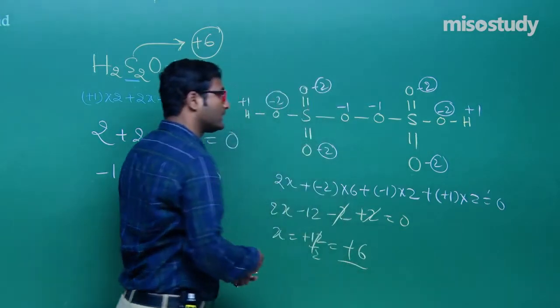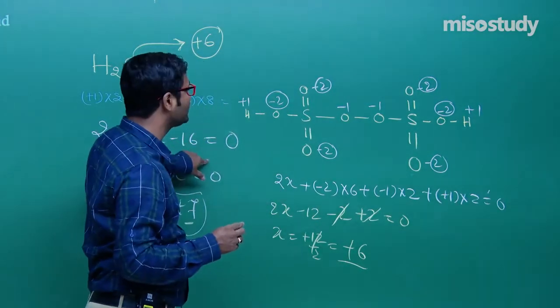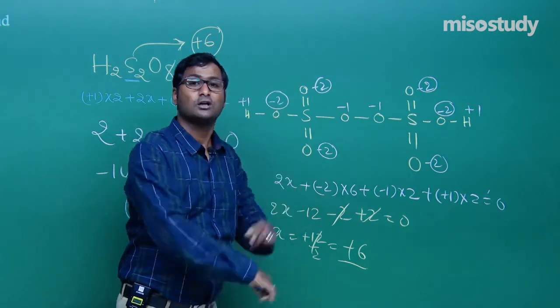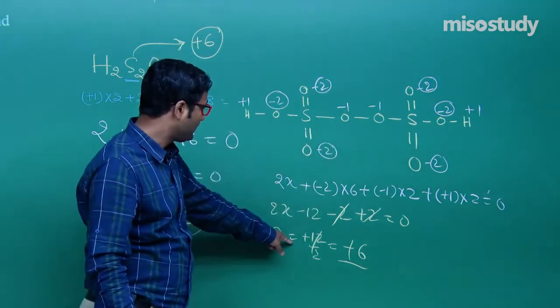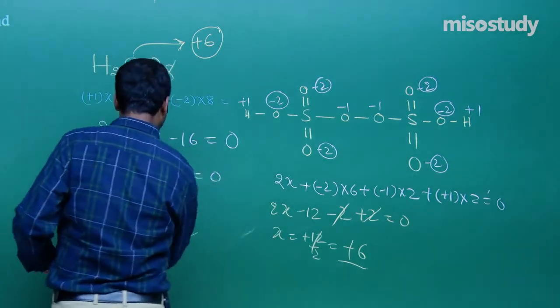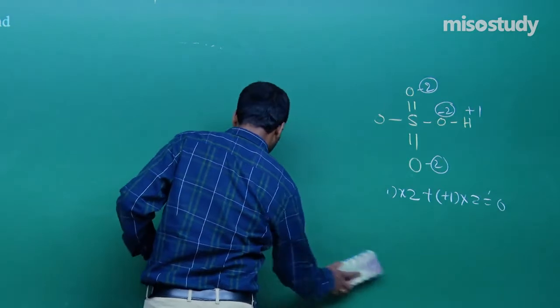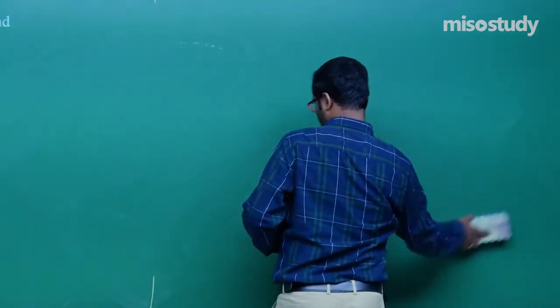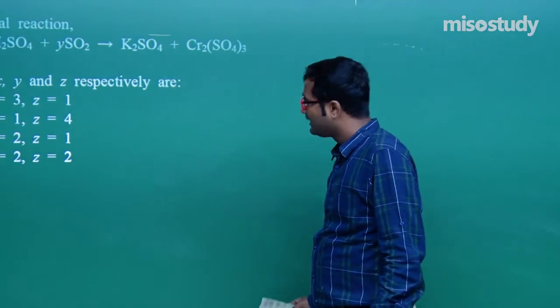Sir, you are absolutely correct. So by looking at the oxidation state, you can also draw the figure. Clear? This is the exact answer. So here the oxidation state is plus 6. Clear to you, friend? Now I am going to rub this part and move towards the next question. Wait for a moment. Now the next question.